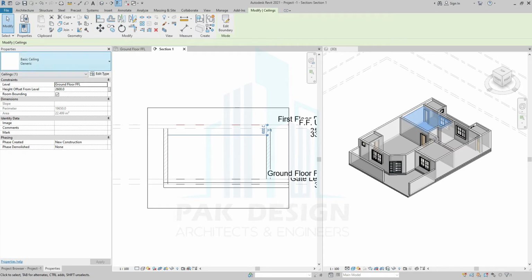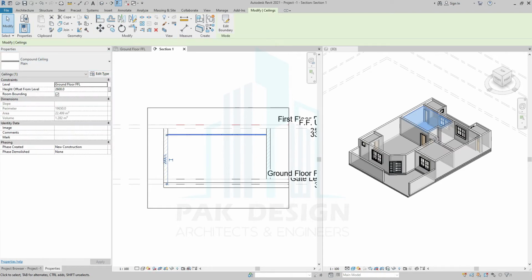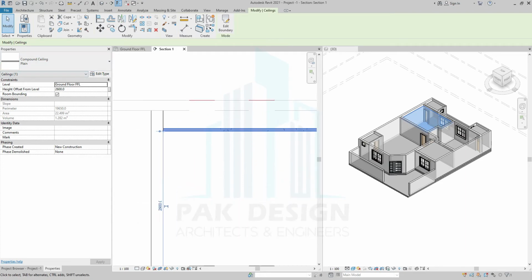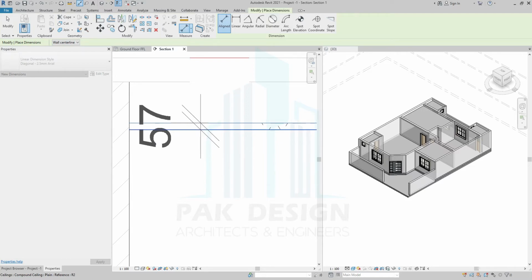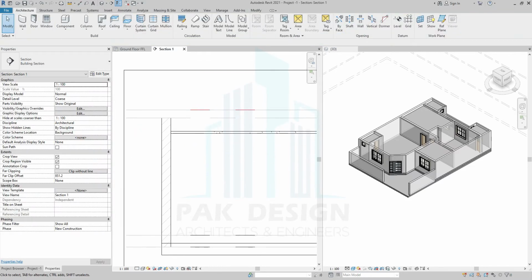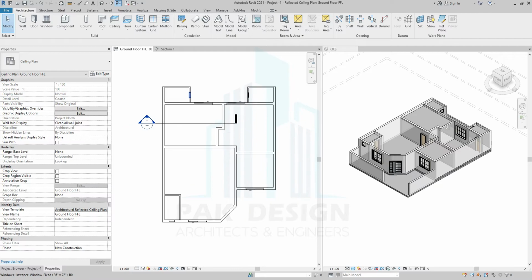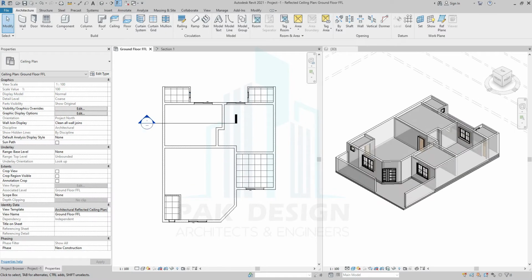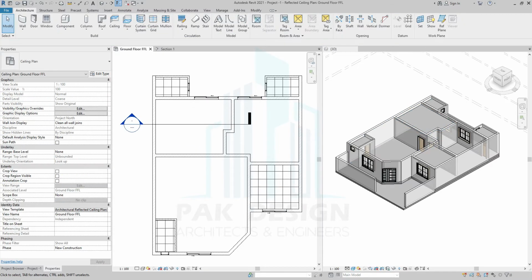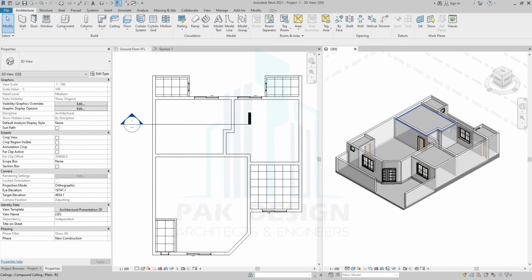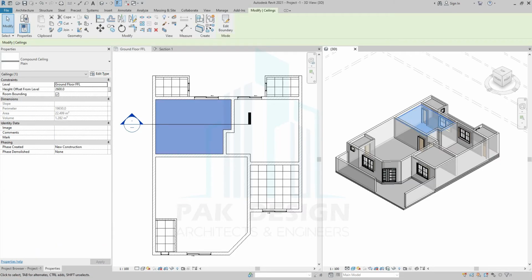So it's better, instead of using that, you can use plain. If we are using plain, now you can see this one, it's 57 thick, means there is a gypsum and other thickness of channel is included here. So it's better to use plain gypsum ceiling. I will select here, okay, because it's not showing here and there is no hatch. So what I will do, we will bring the hatch here. I will select here, okay, we'll go back,